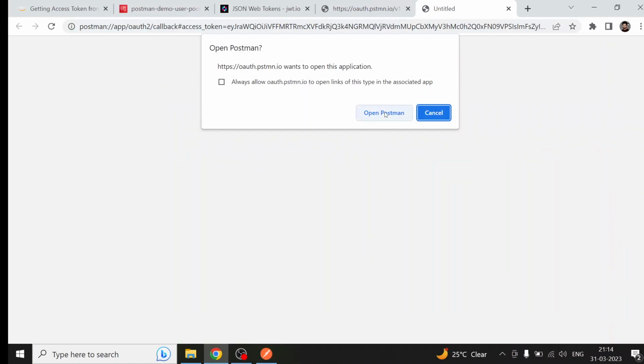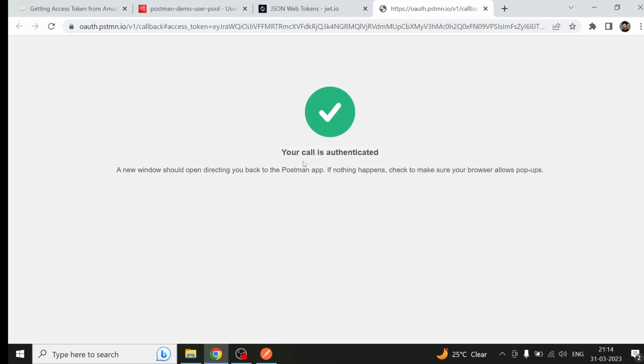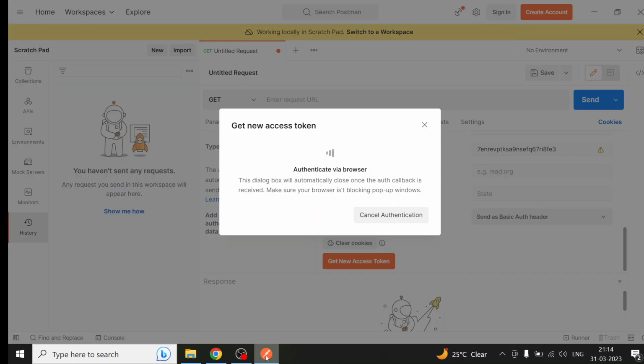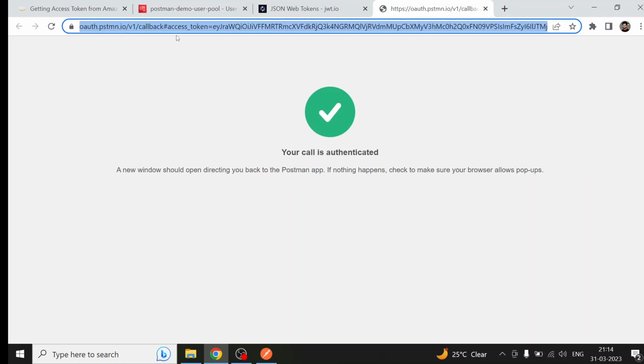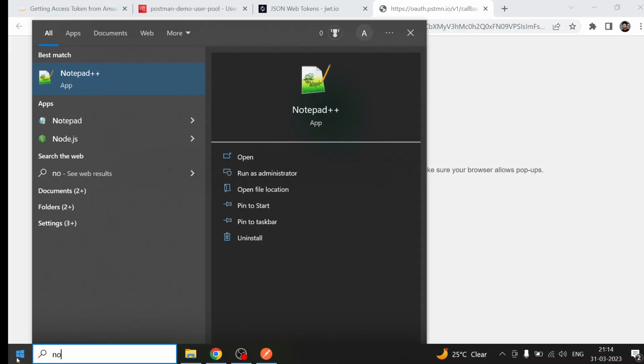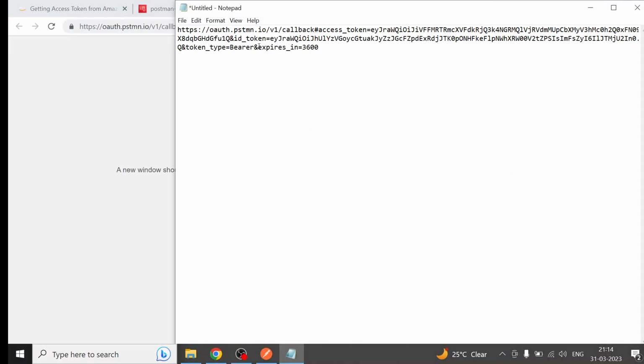Now see, open Postman. Authentication is completed. Now I am getting this error and I don't know whether this is the behavior of Postman or not, but it is not able to grab that token in Postman. But you have received the token. If you notice in the URL, you have received the access token, which is this. If you copy the entire URL and open a notepad file, then you can see you have also received an ID token. And the token type is bearer. So I can just copy this